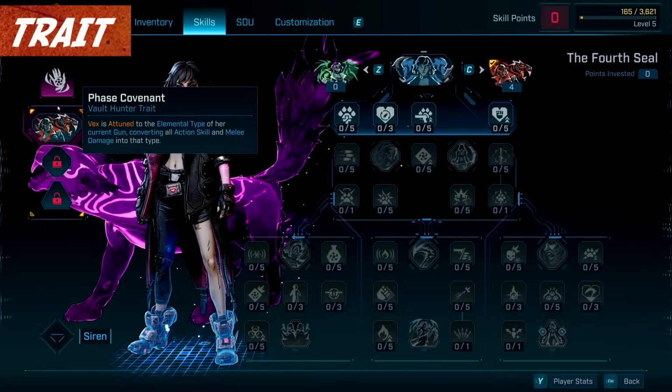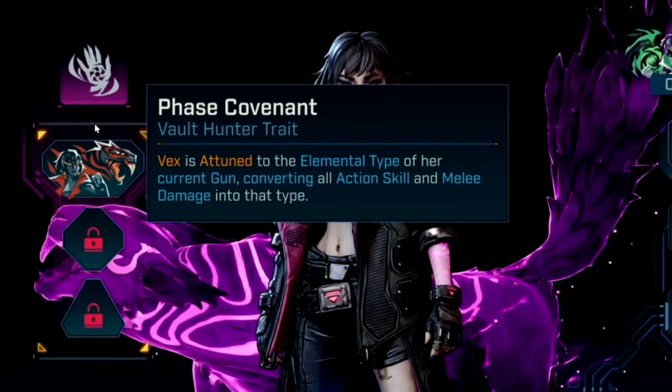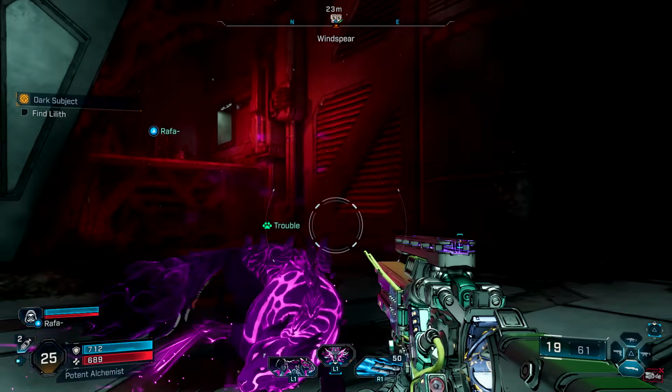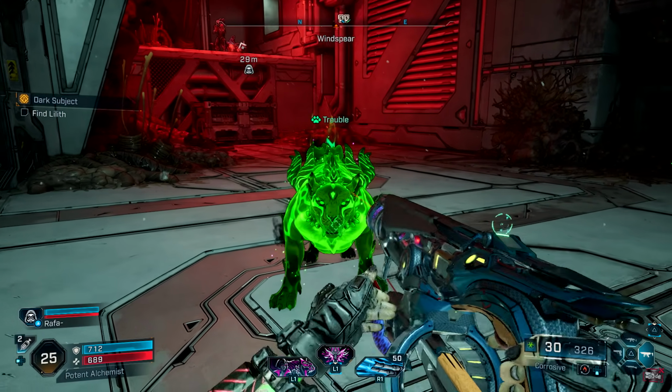First, each Vault Hunter gets a unique trait. VEX gets Phase Covenant. VEX is attuned to the elemental type of her current gun, converting all action skill and melee damage into that type. Kinetic or physical damage still counts in this case. So say you had a corrosive weapon, your action skills will do corrosive damage as well as your melee attacks,